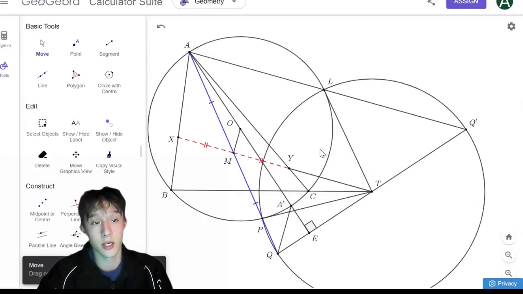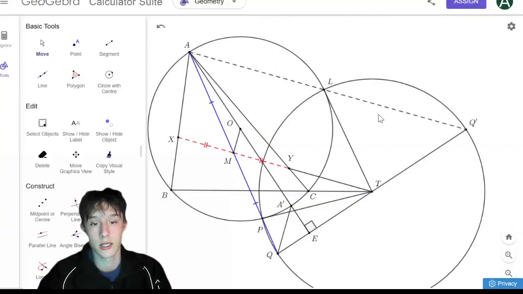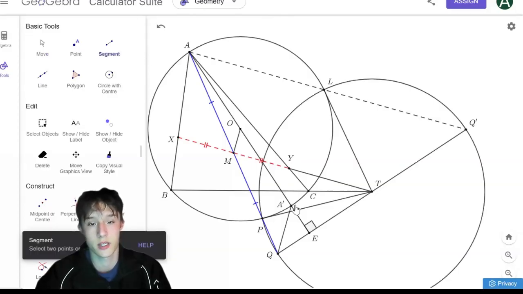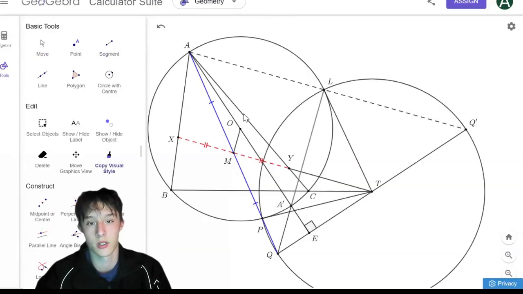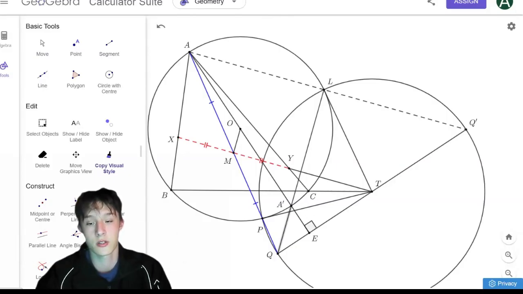Okay, so what do we do next? Well, we see the strange thing that this is one line, and we try to show it. And here comes your knowledge. The actual way to show this is to assume that A prime Q is perpendicular to AQ prime, and then find some statements. Then this will be one line because A prime is the diameter, so angle ALA prime is 90 degrees. And if that's true, then